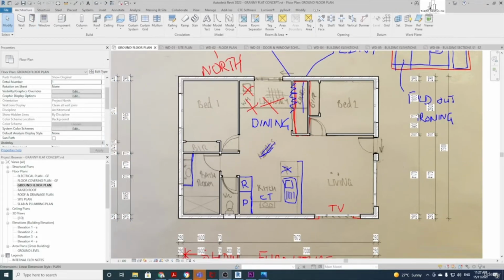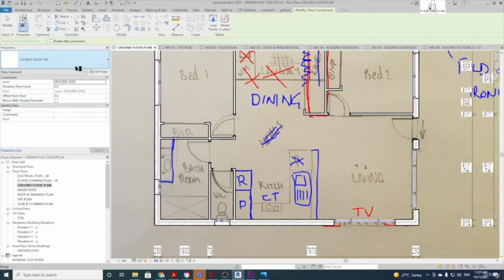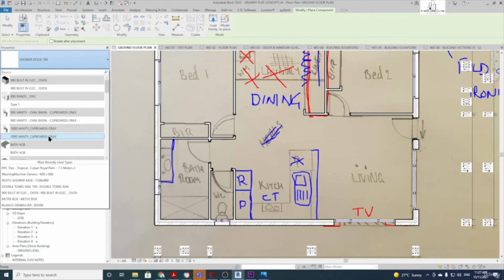Okay, now back on our floor plan here, what we want to do now is we're going to put in our components. So for instance, we've got our toilet here and our shower, etc., and our vanity. So to do that, go to Architecture, click on the Component tab, drop down menu here will have all the different items. So we'll type in,